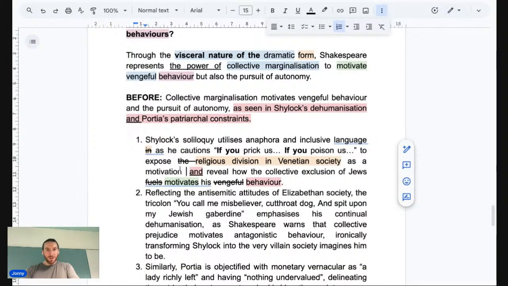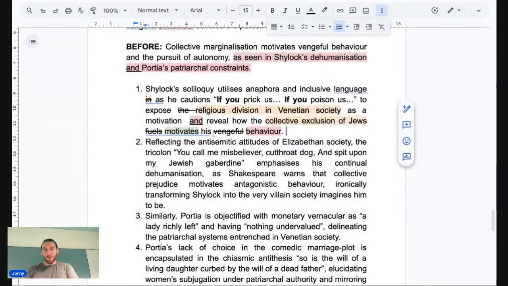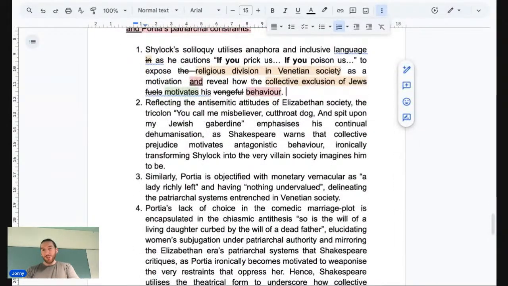As a motivation for, because you say collective exclusion, aren't you kind of repeating yourself there? So you probably want to either say religious division or be specific and say the collective exclusion of Jews. For me, these two things are so similar, you see? So you're kind of repeating yourself. When you really dig into your sentences, you'll start seeing this stuff. I would pick one of those, okay? For me, the more specific one is the collective exclusion of Jews, right? To expose the collective exclusion of Jews